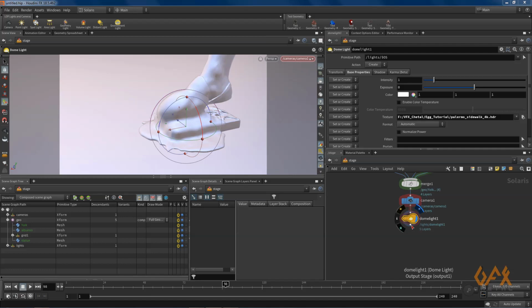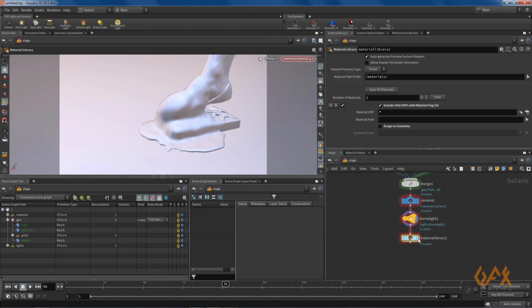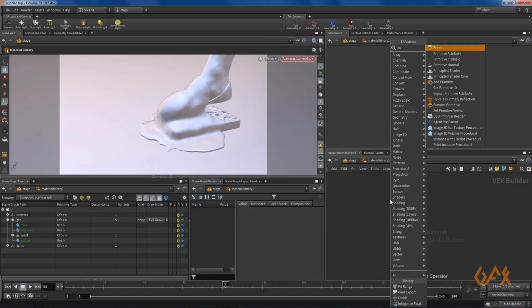Now you need to create a material library. I create the material library, go inside it, and create some materials. First of all, I create a principal shader.